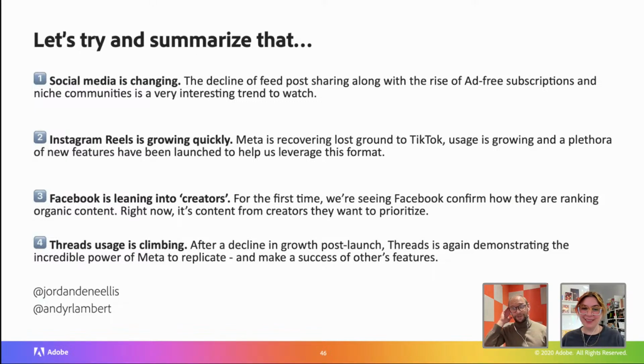Will ad-free subscriptions be a thing? Maybe. I don't know, too early to tell, but the future could be very, very different for brands. Reels doing incredibly well. Most of the updates that we shared today were Insta updates, mostly around Reels. So a lot of emphasis and energy is going into that. Clearly, if we want to grow on Insta, then Reels really is the primary format for you to leverage it, or lean into that growth rather.